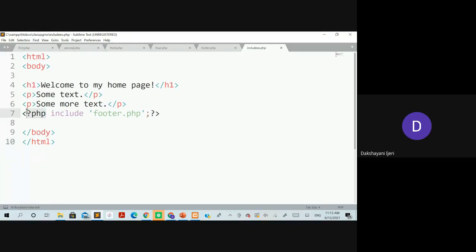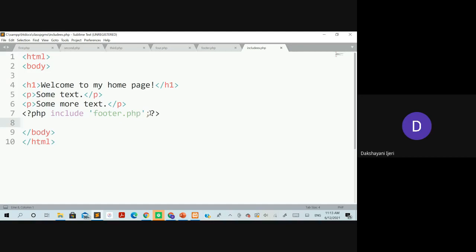So begin with this PHP element. Use the keyword include. The keyword that is required for including or referring to any file over here is include, followed by the name of the file directly. Suppose it is in the same folder, you can directly take the name of the file. If you want to refer to files in some other folder, you need to provide the complete path name over here, right?